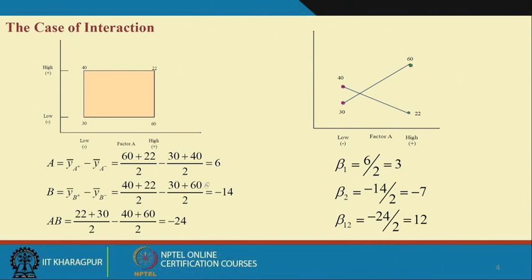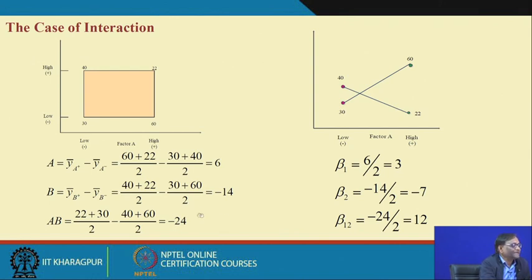So, what does it mean? It means that A effect, if you change from low to high, then 6 units change in mean response. For B it is minus 14 units change, lowering, and for AB interaction, that combination will give you minus 24